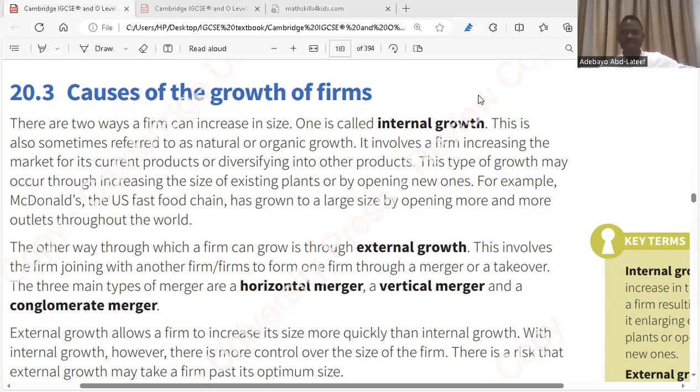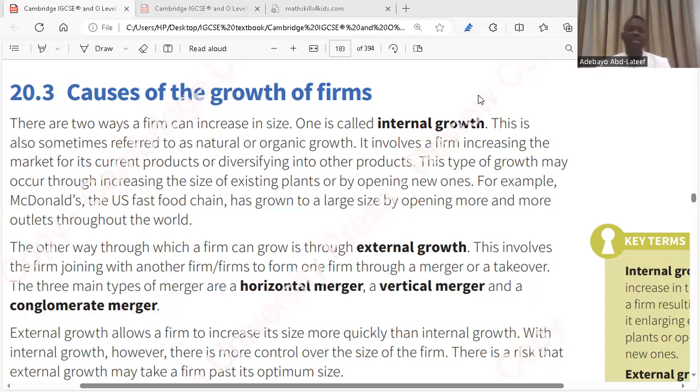There's KFC here. Yes, KFC here is a franchise. So the owner is a manager. It might be a Libyan that owns it, but he's not the owner of KFC. He's a manager at KFC. KFC is expanding. KFC is having a lot of plants, a lot of branches over the world, but it might not be owned by KFC. It might be through franchise. So this is still internal because the name still remains KFC. So internal growth implies that the business is using its own resources for expansion. Is it clear? Yes. So that is internal.